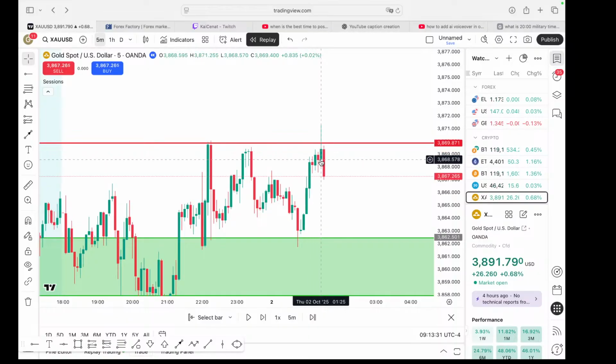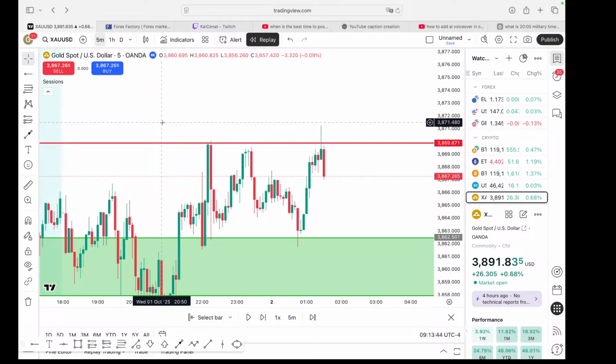Another thing too, guys, be very careful what time frame you're looking at the chart on. I had this on a 1 minute time frame, and it was too much for me to handle, and I got out. I think I only made about 20 bucks, $28 or something like that. I'll show you in a second.